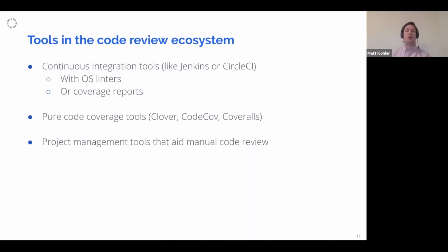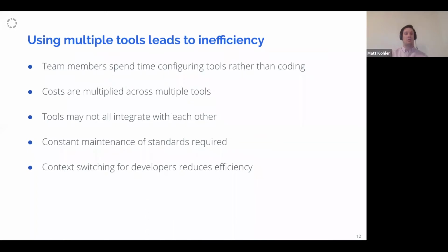And also you're going to have project management tools that are going to aid in that code review process. So things like Jira. If we do find an issue that's existed for a while, how are we going to flag that and go back and fix it? And so we need to make sure that whenever we're considering a new platform, we understand how it fits in this ecosystem, because if you don't take that step and understand that it is a whole ecosystem itself, you run